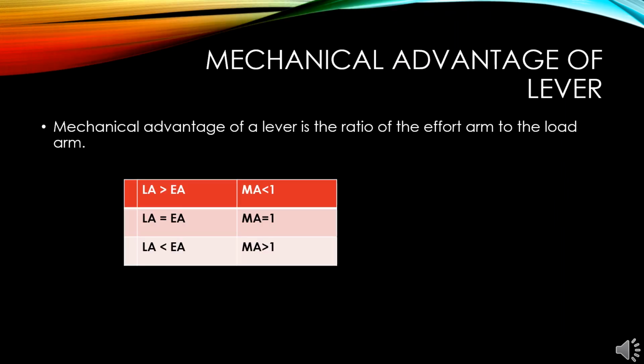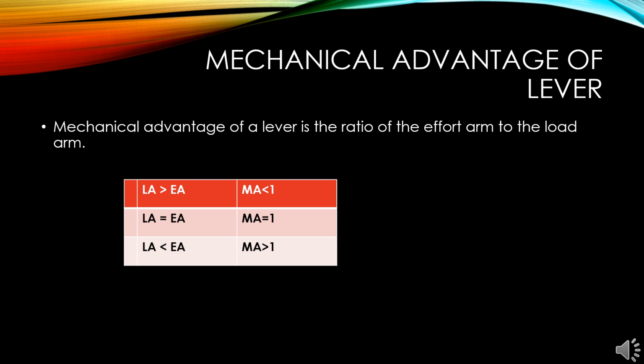Children, remember in the previous class we studied about mechanical advantage? Let's recall it once again. Mechanical advantage is the ratio of load to the effort. Now, in this case of lever, please note that it is expressed as the ratio of effort arm to the load arm. And this is also called the principle of a lever.